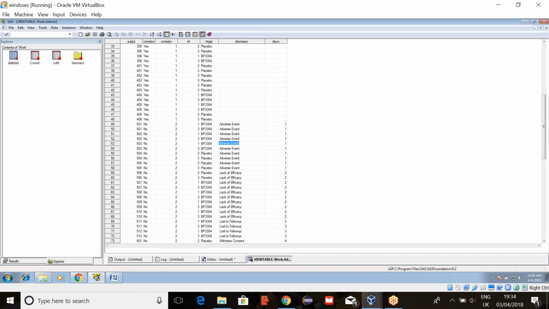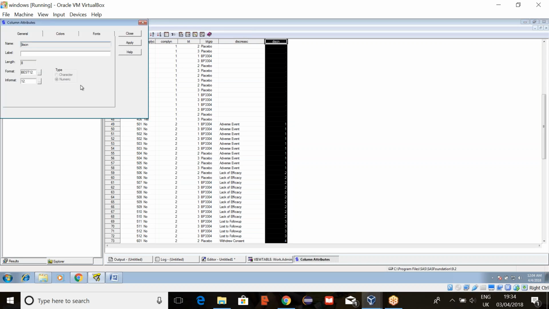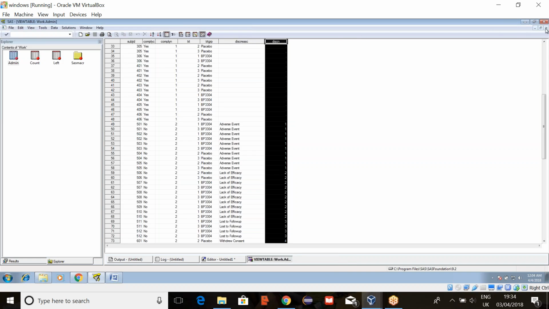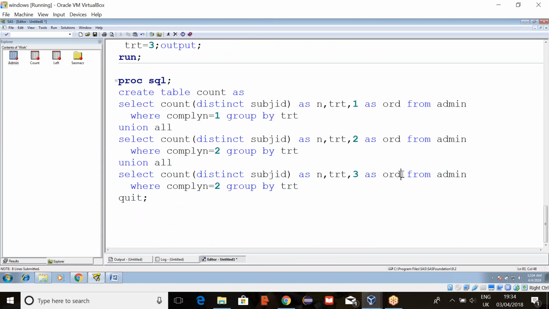So now what I'll do, I'll just copy these variable values as suborder. For suborder, copy these variable values as SORD. Are you clear?